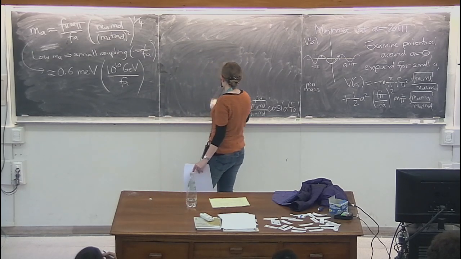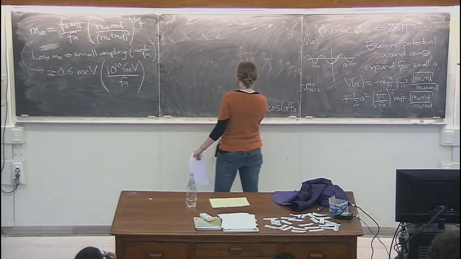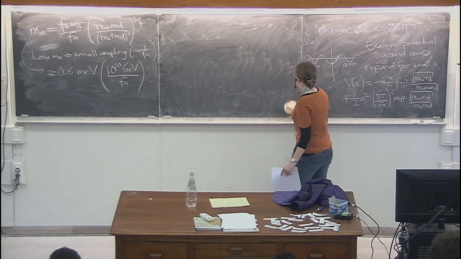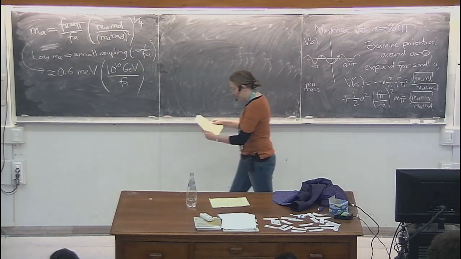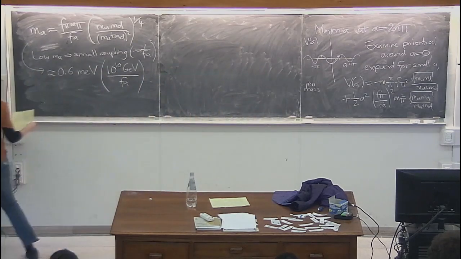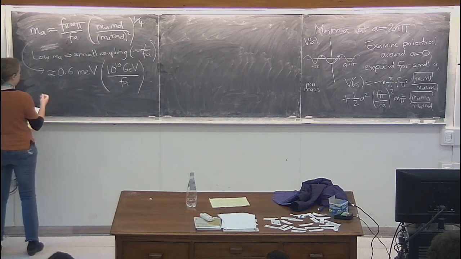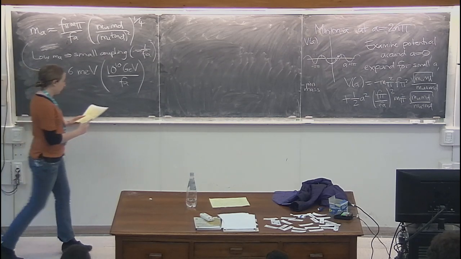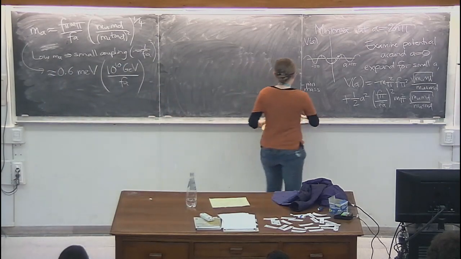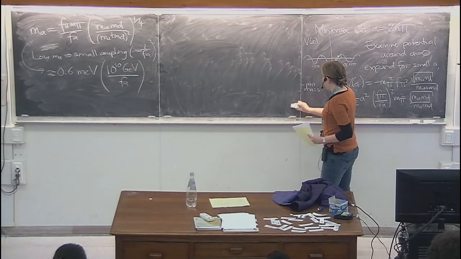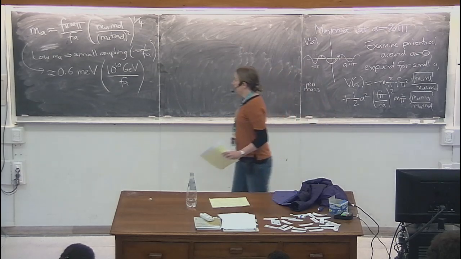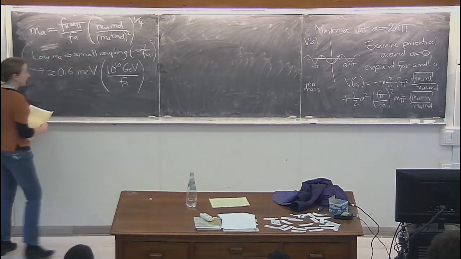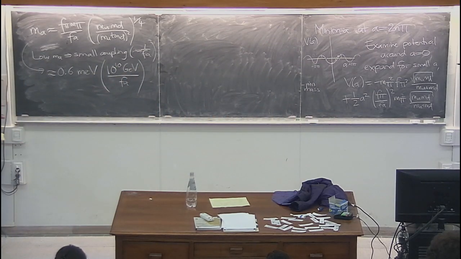So let's see how this works out. So just to summarize, low mass m_a means a small coupling. This is nice from a dark matter perspective because we said earlier that if dark matter is lighter than about a keV, it can't possibly be in thermal contact with the standard model. But this gives us naturally, as we make the dark matter lighter, its coupling with the standard model is automatically going to get smaller and smaller.